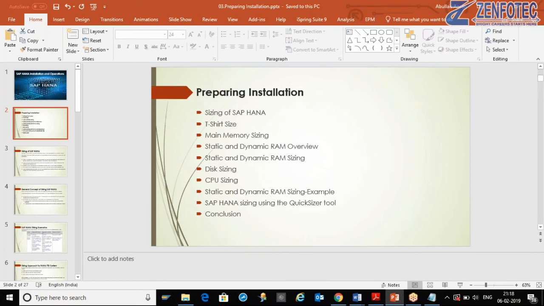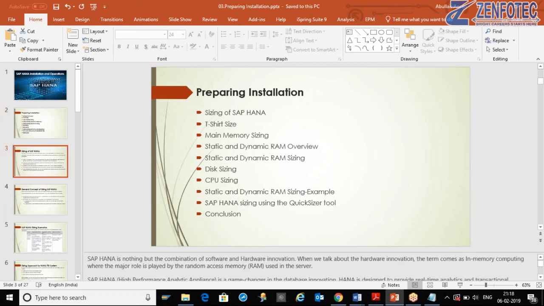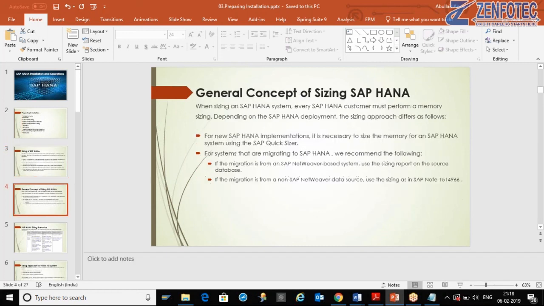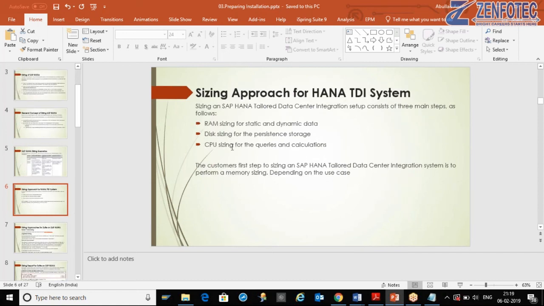If you're going for the certification, then go through all these things, because most of the questions come from this PPT. I have considered everything, the interview questions and the certification questions, in these slides. If a question is related to TDI, you will get this option plus two other options, or one option will be wrong, but this is the correct answer. So just go through all of this recording.